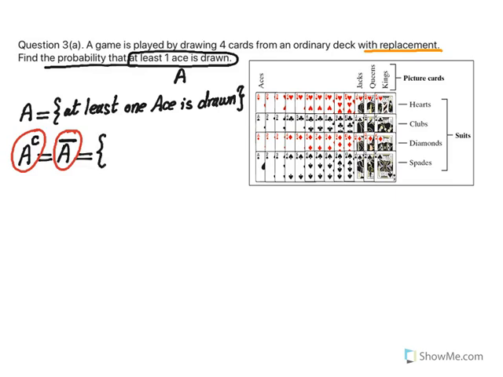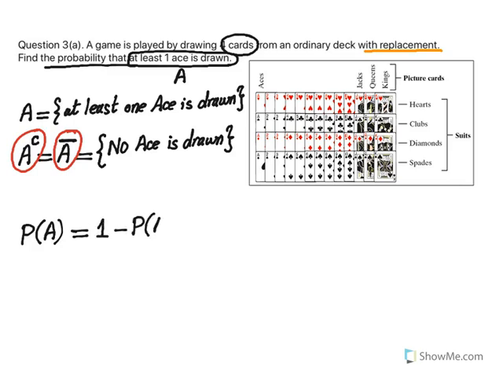So at least one ace means 1 or 2 or 3 or 4, because we're drawing 4 cards. Now, what is the complement to this? The complement is just not having any, 0 aces. So this would be no aces. No ace is drawn. And that is much easier to solve for A complement than to solve the probability of A. So now let's do the probability of A. We use the formula that says probability of an event is 1 minus the probability of the complement of the